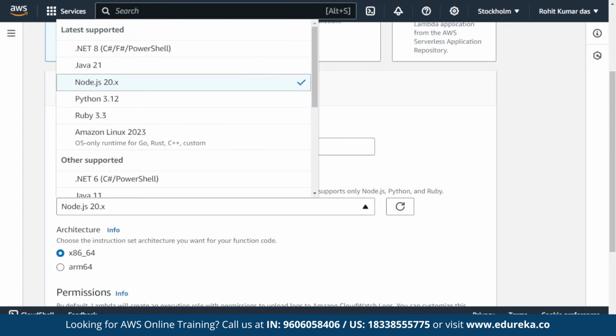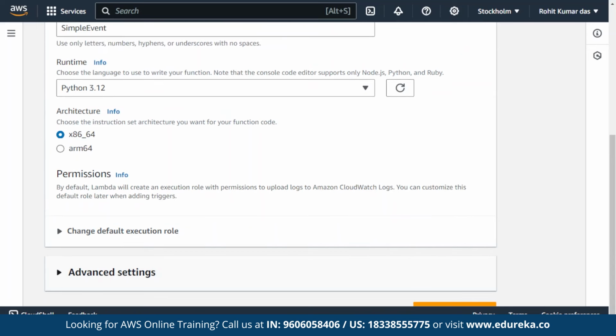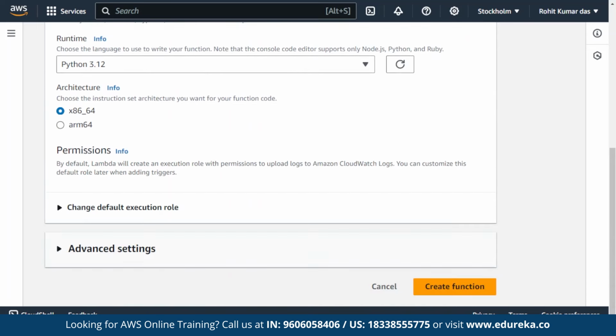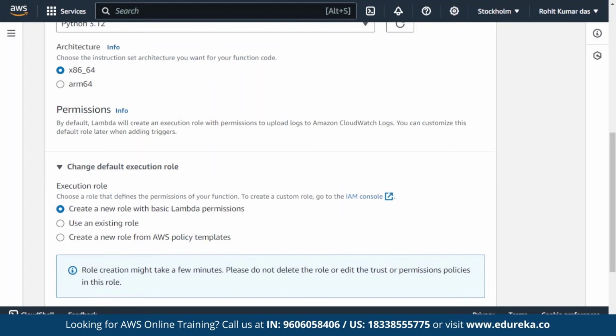So you can choose your programming language such as Java, Node.js, Python, Ruby. I'll be choosing Python. There is an option called permissions. Here you have to change your settings according to your needs. So I'm going to change my execution role to create a new role from AWS policy templates, where a